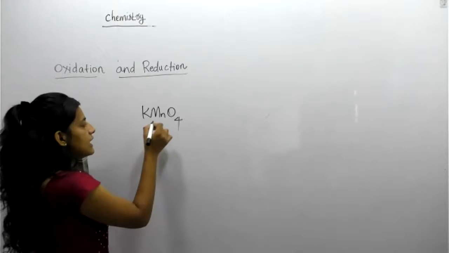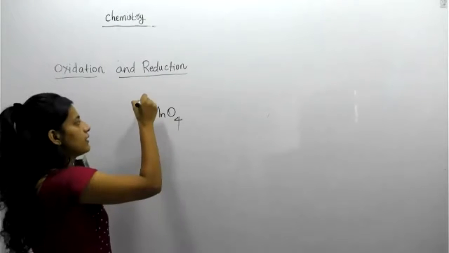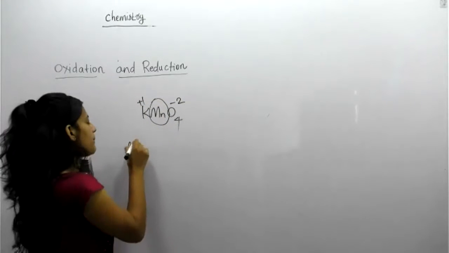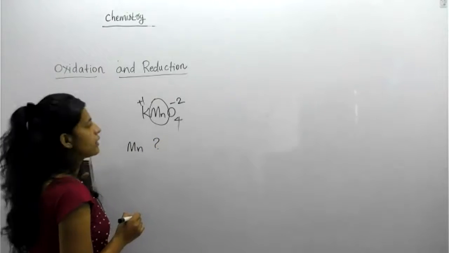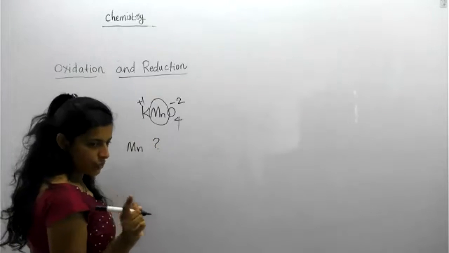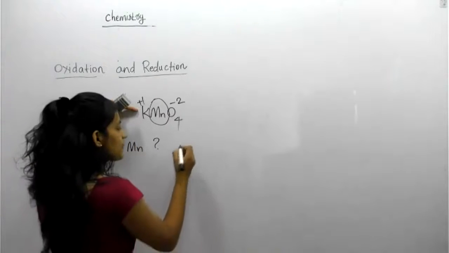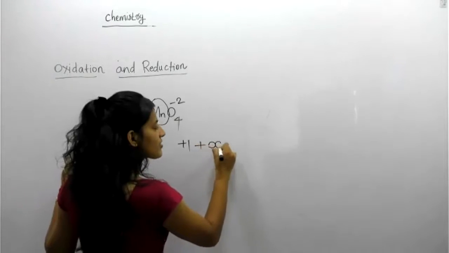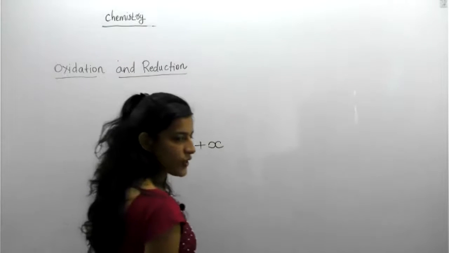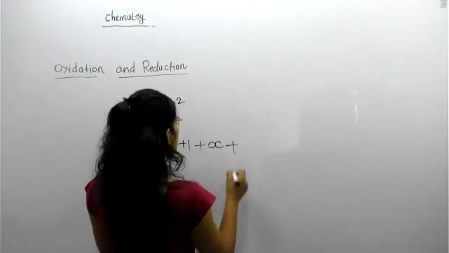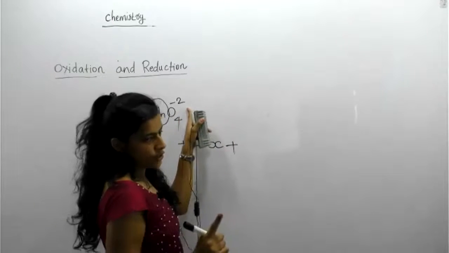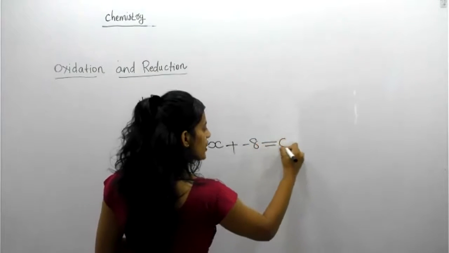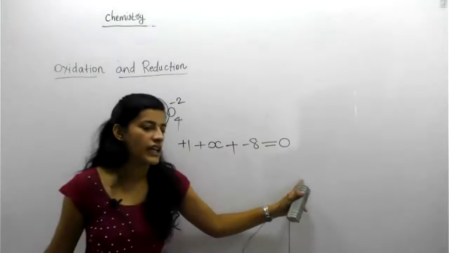I will give you a trick. Look, potassium you know is +1, oxygen is -2. This manganese you want to find out. So Mn is equal to what? There is a special equation for you. Look, students. Here potassium you know is +1, plus manganese you don't know, so you put X. And the remaining oxygen is -2 per 1 oxygen. So here 4 oxygen, so -2 into 4, that is -8, which is equal to 0. You want to generate this kind of equation.